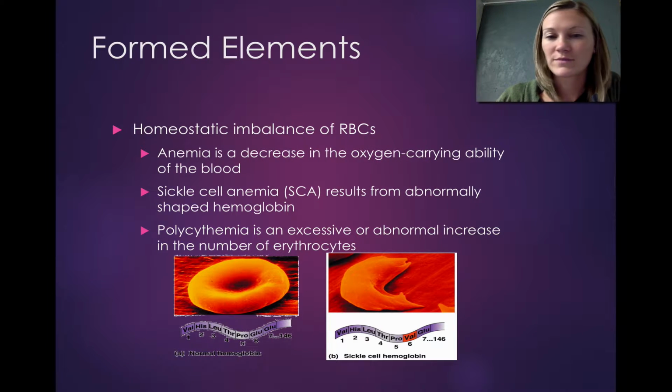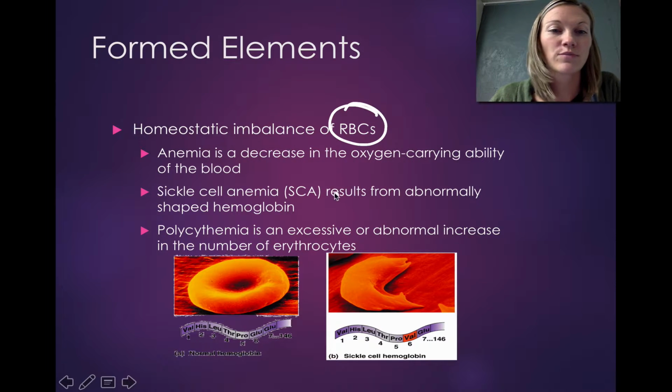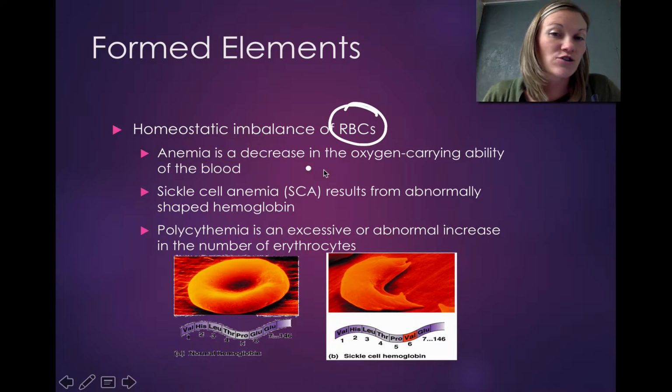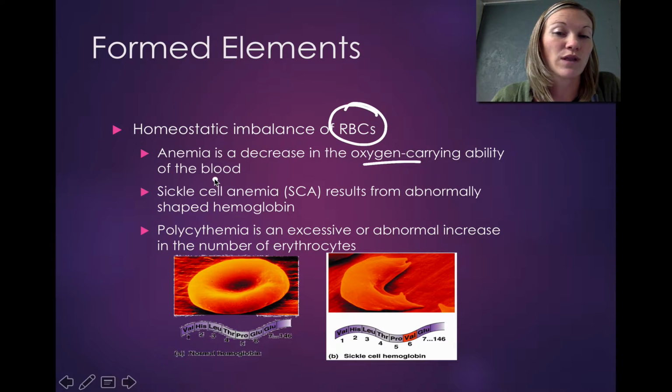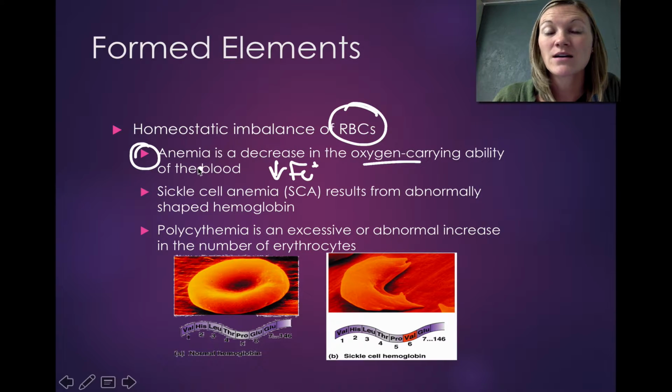So, more about the formed elements. We're still talking about red blood cells here. So still in red blood cells, anemia is the decrease of oxygen carrying ability of the blood. Typically, individuals that are anemic are ones that have a low iron count. So basically women that are menstruating can run a higher risk of having anemia. Patients that are having blood issues can tend to be anemic, but it basically has to do with a decreased